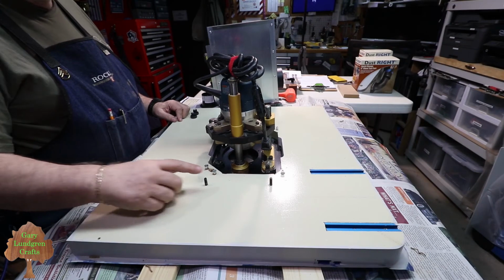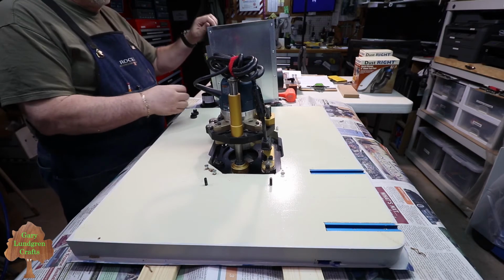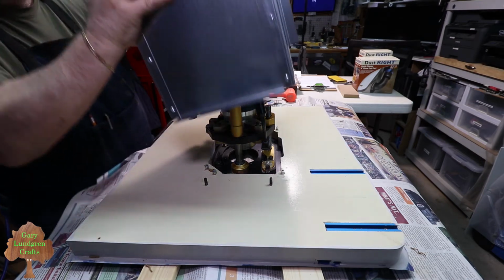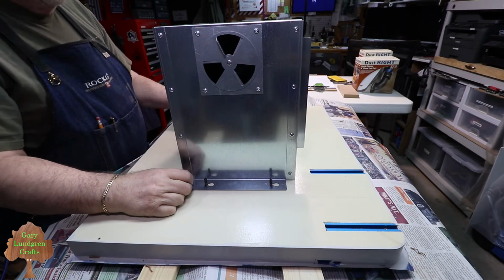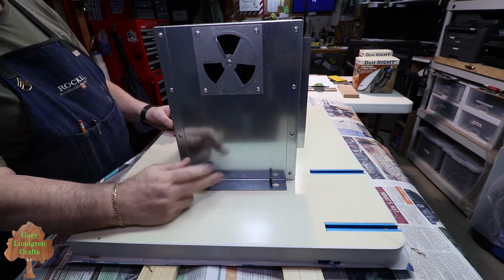Now I have all four of these studs in place here, and two on the other side also, so I can place this box in place on top of here. Actually, I'll be doing it from the bottom once this is all together, and I'll hold it up, get it over these studs here, make sure it's pushed up against that. Then I can just put these knobs on my finger,